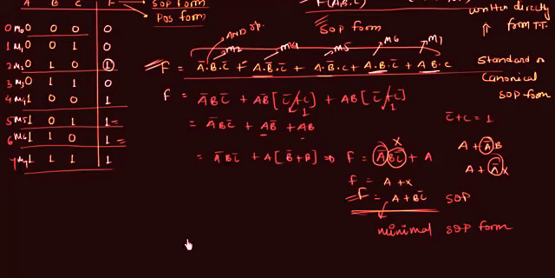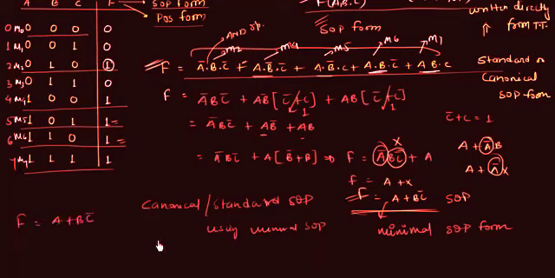And in the exam they will ask you to find your canonical or standard SOP form using the minimal SOP form. So they will give you a problem like function f is equal to A or BC complement. Now you need to convert this function, that is the minimal SOP form, to the canonical. So in the coming presentations I will explain how to solve this problem. It is very important. We will do the procedure for the SOP form as well as for the POS form.